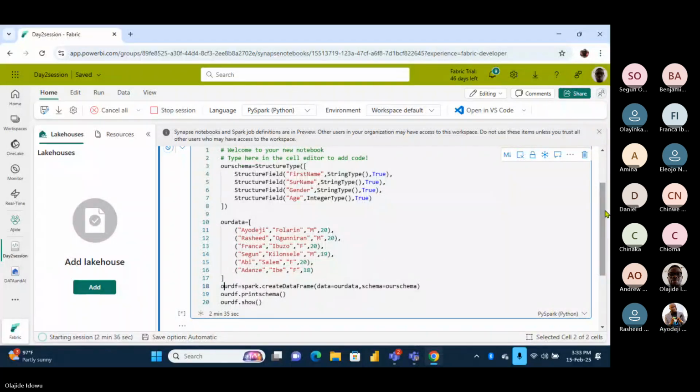Let it continue. I think it is to create schema, then create DataFrame, which we have done. Yes. There is one import we're supposed to do. The session is taking time. Well, it takes about 3 to 5 minutes for the first time.